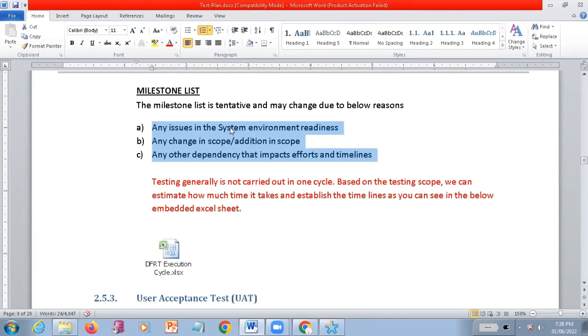If any additional requirement comes into the picture, or any environment is not working properly because of some other technical issues, or any other dependencies that impact efforts on timelines. Because of this only, your dates should get changed.